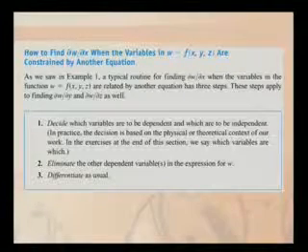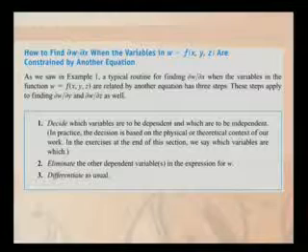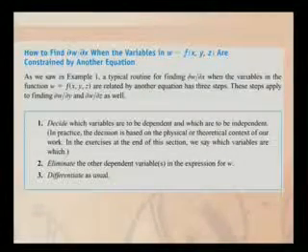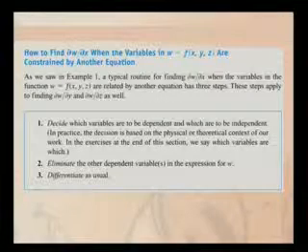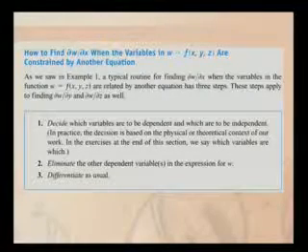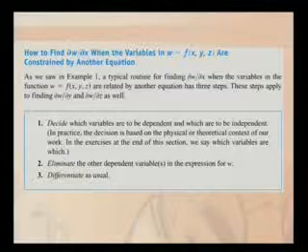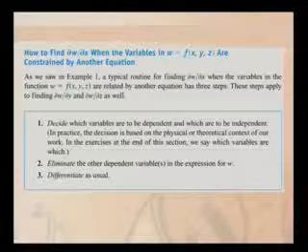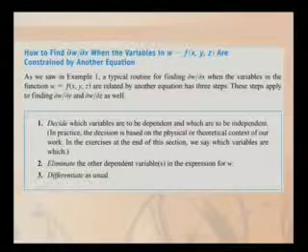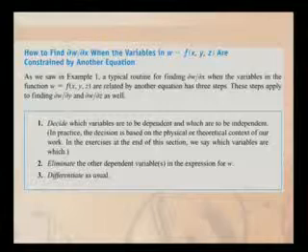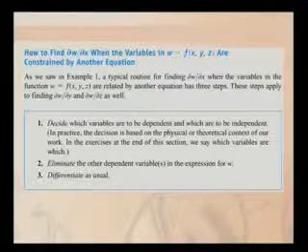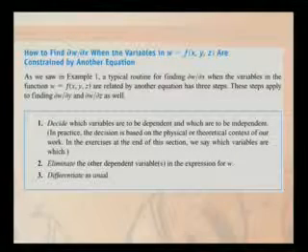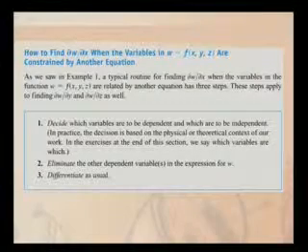So again I remind all of you that first, if we want to find del w by del x, for example, then first we need to make clear that in w is equal to f of x y z, which variables are dependent and which are independent. Okay, first step. In the second step, I have to eliminate the dependent variable from the expression of w, and